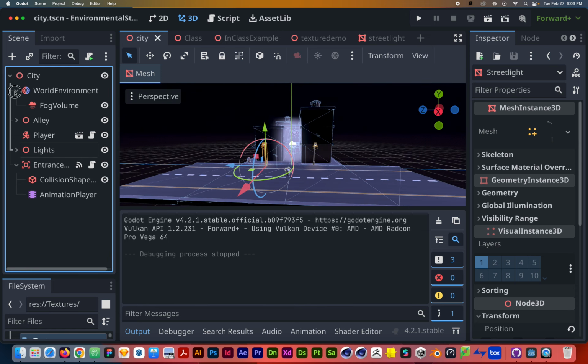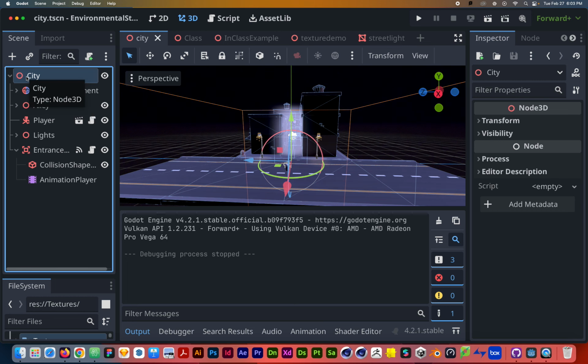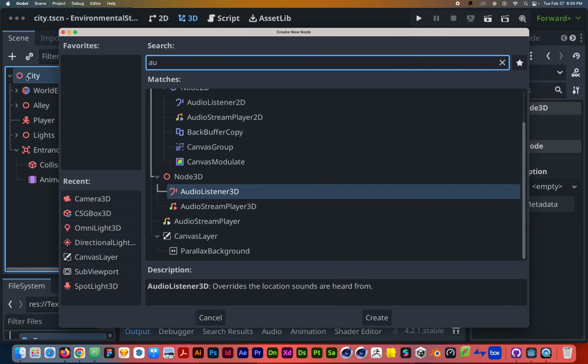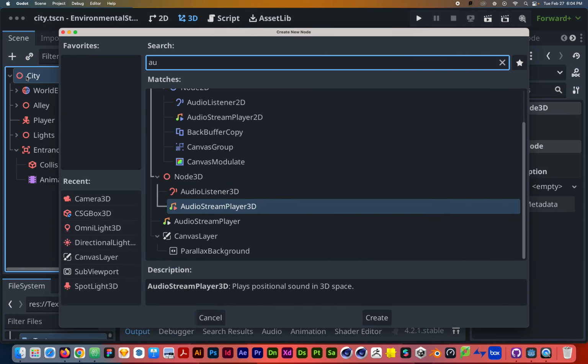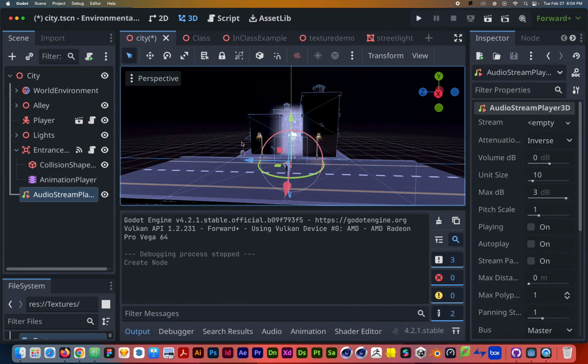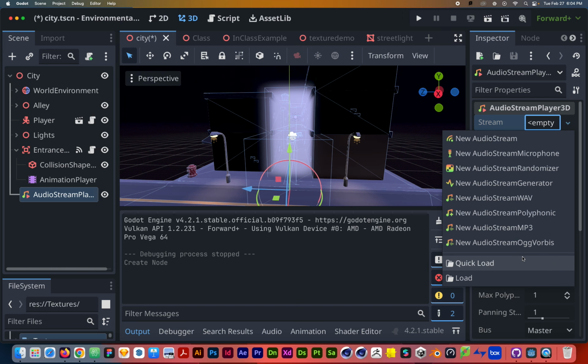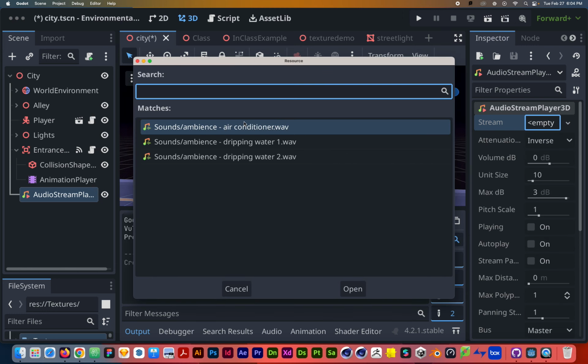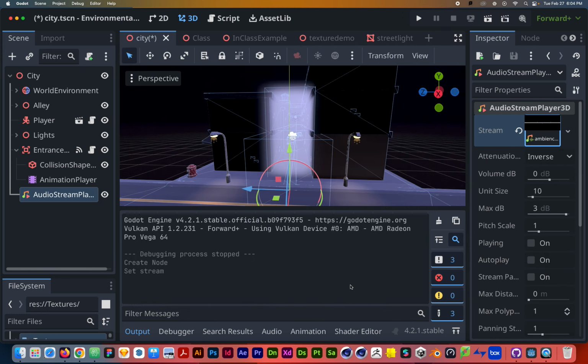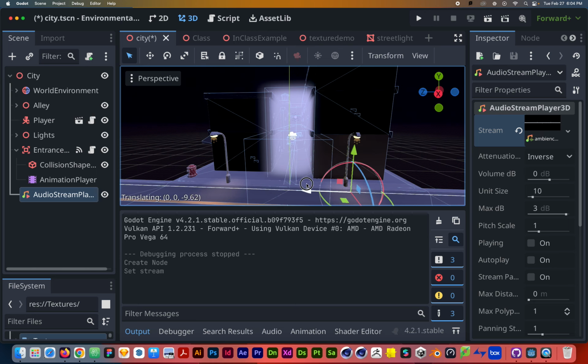I'm just going to add a node, Audio Stream Player 3D, and I'm going to give it a sound file. I'll just do stream, quick load. I'll just do this air conditioner sound that I had from earlier,